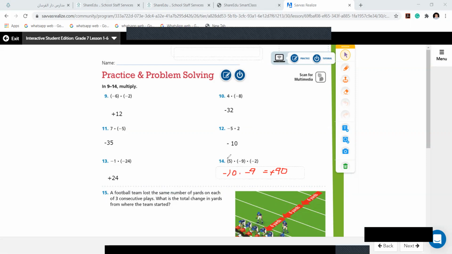Guys, this type of question, did you understand with 3 numbers? Everyone? Yes. Dana, did you understand this? No. See, just choose the first 2 numbers, solve it. Then take the answer and do it with the third number. Like 5 times 9. Imagine your question is only this. I did it with 2 because it's easy for me. 5 times minus 9 is minus 45. What is left? Minus 2. When I multiply 45 and 2,